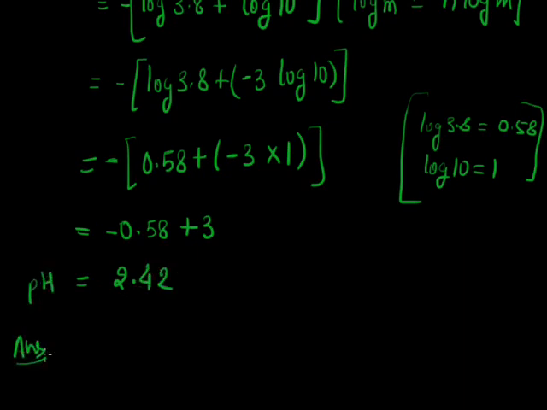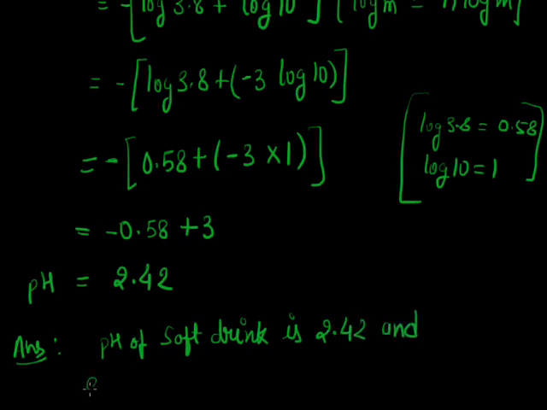So the answer is, the pH of the soft drink is 2.42. As we know the value of pH is 2.42, which is less than 7, on the basis of this we can say that the nature of the soft drink is